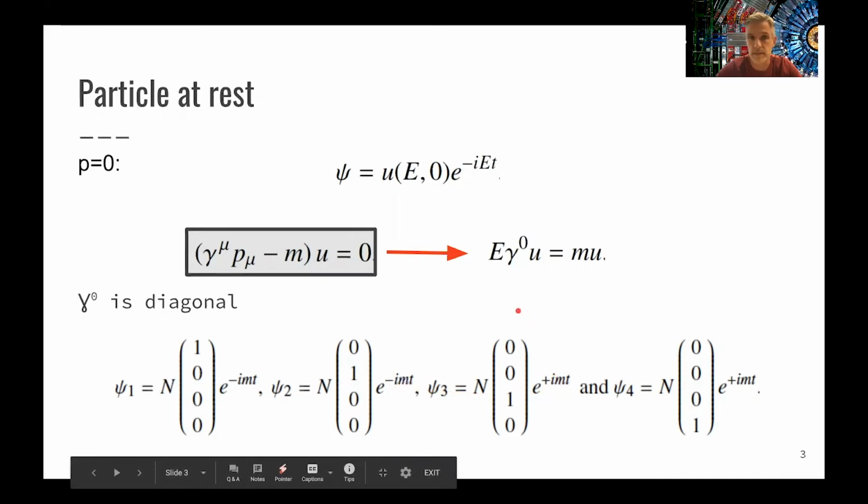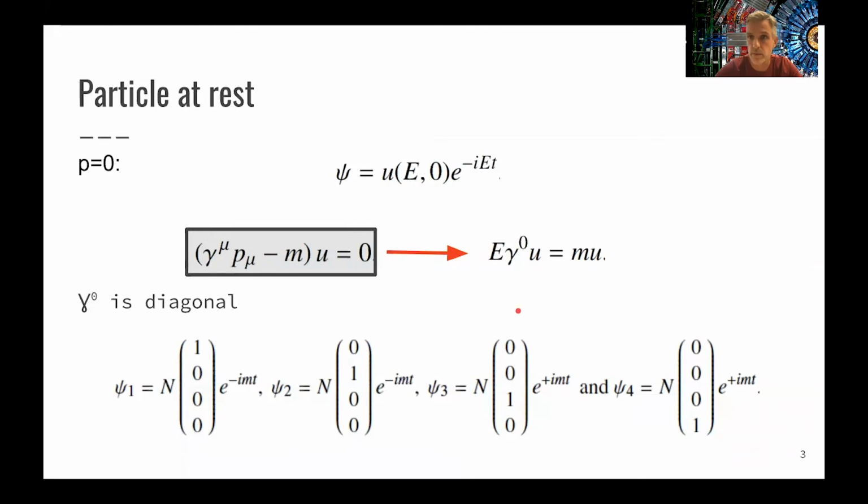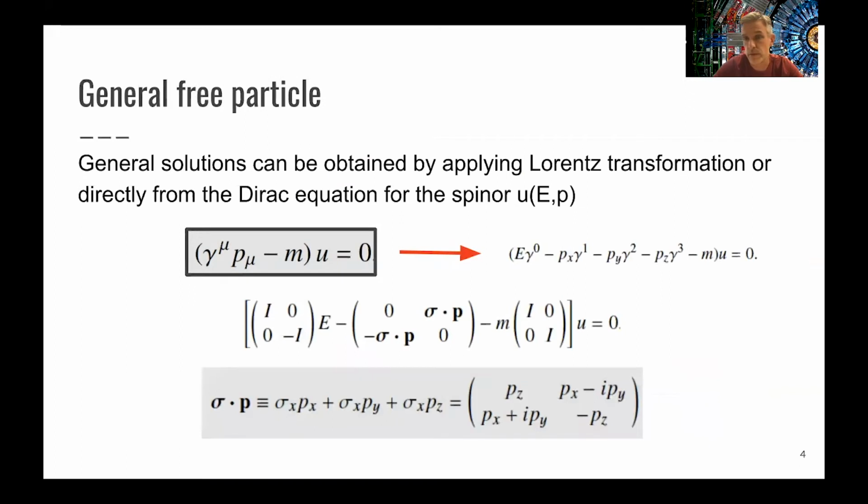Now this is for particles at rest, fine. We can interpret those solutions as the positive and negative energy states of a spin half particle, or a particle with two spin states. But now we want to see what happens if we have a particle which is not at rest. The way to approach this is, for once, we can just apply a Lorentz transformation and see how the solutions transform. But it is even easier to just look directly at the Dirac equations